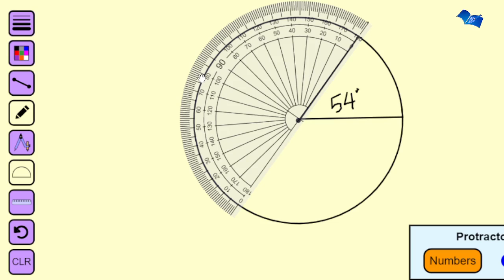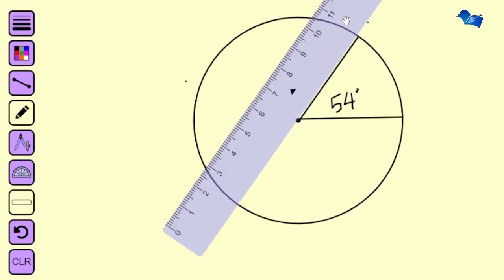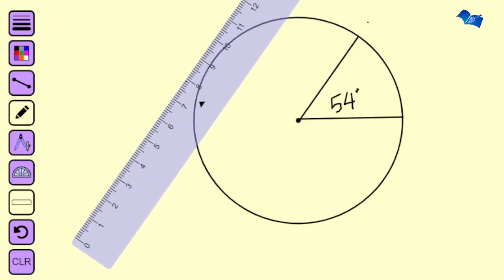So we go 8 steps for these small marks. This is 1, 2, 3, 4, 5, 6, 7, 8. So here is 108. You mark it, remove the protractor, bring your ruler, and that's how you get to